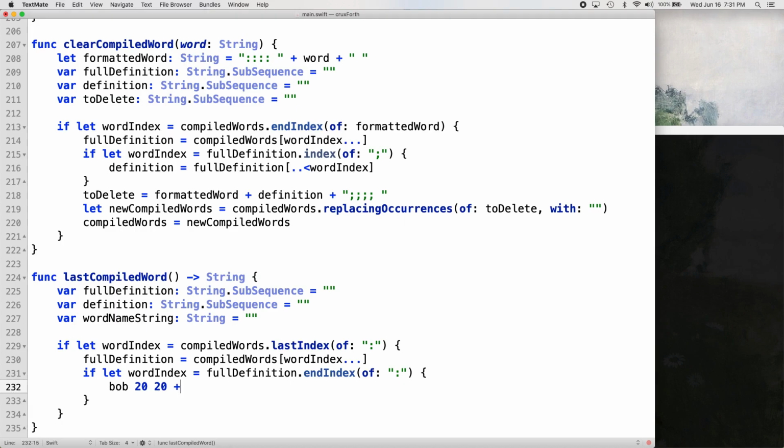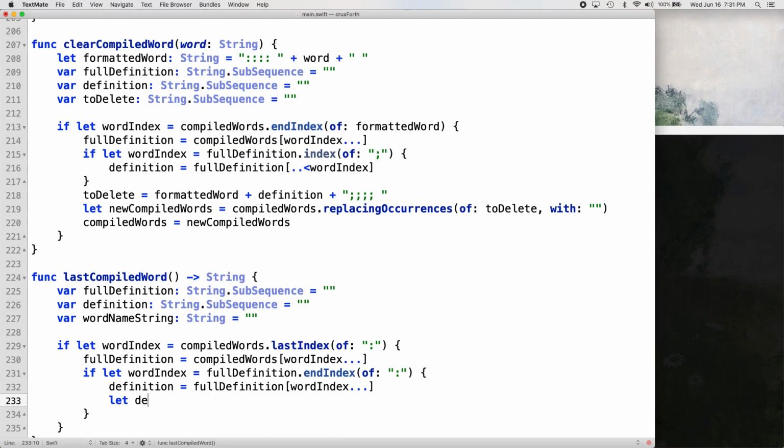In our compiled word string, it would look like this. So at this point, we're just going to be getting that. And then we've got to shrink that down so that we just get that. And the way we're going to do that is, with our full definition, we're going to go definition equals full definition word index to the end,